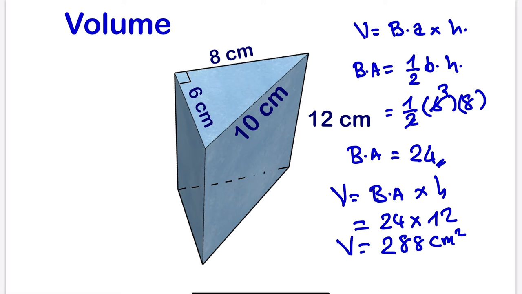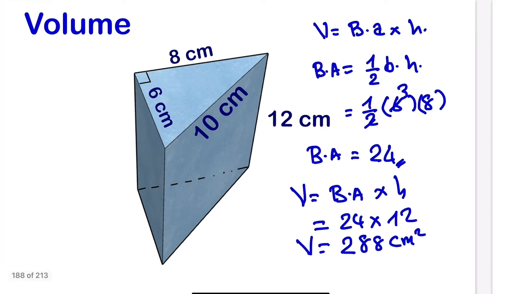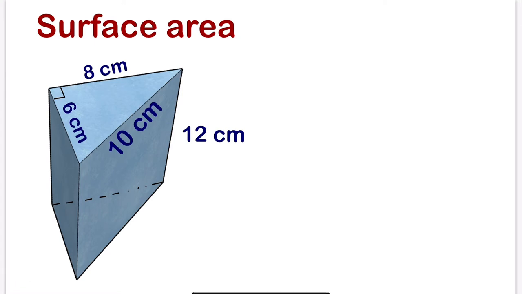Okay, so let's move to the next question, which is to calculate the surface area. Now to calculate the surface area, there are various methods of doing it, but as for me, I'm going to use this formula. Surface area involves the area of all the faces of this prism. So we have how many triangles? Two triangles. So I'm going to say 2 times the base area. Don't forget that this triangle represents the base. Plus,